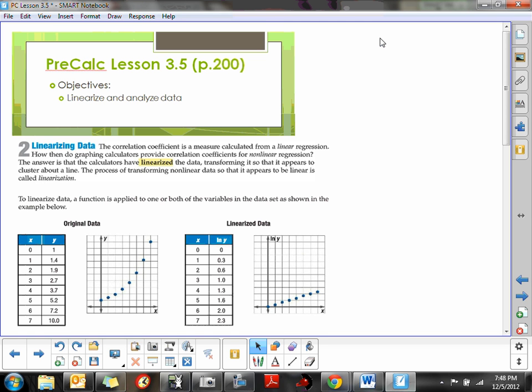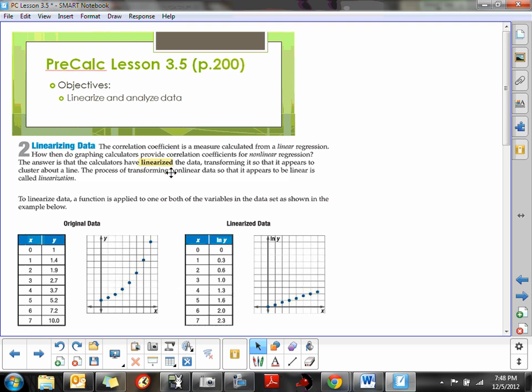You can give it exponential data, you can give it logarithmic data, you can give it power model data, and points of data that would model exponential growth, or quadratic growth, or cubic, or it could be a square root graph for all that matters. All those families of graphs that we have, we can feed it that, but what the calculator is going to do is run an algorithm that's going to linearize the data and help find the curve of